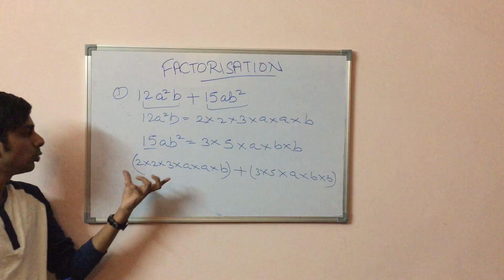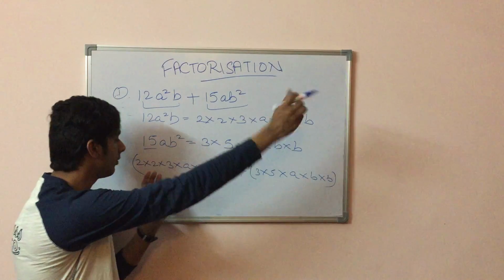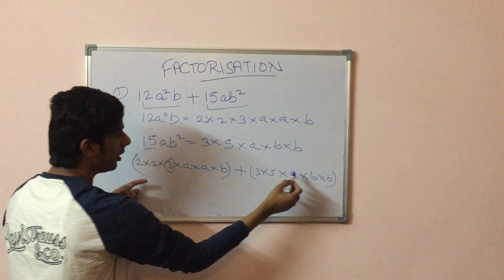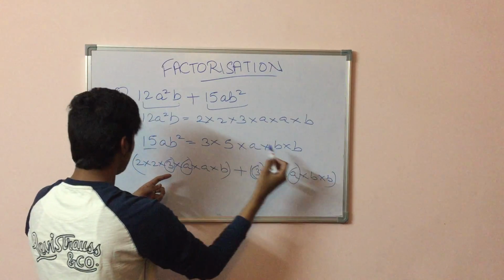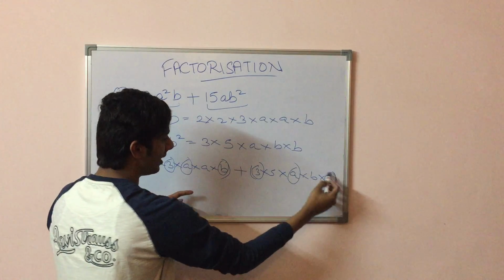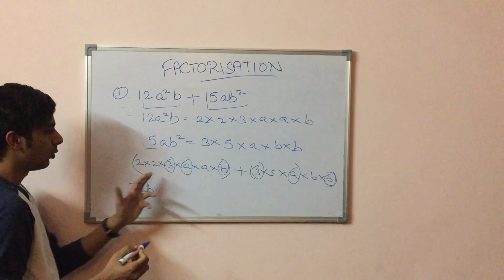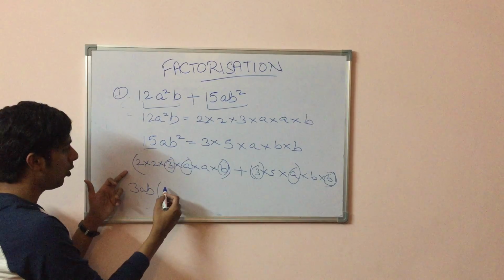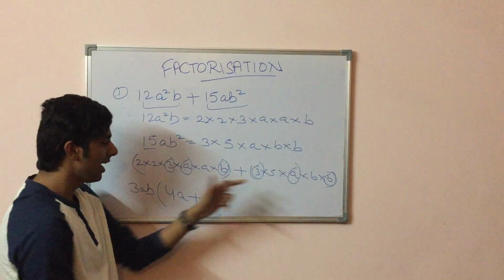Now our next step is to take out the common factors which are there in both the brackets, right? So let's see: yes, 3 is common in both the cases, and a is common in both the cases, and b is common in both the cases because it is coming in both the brackets. So take out 3ab. What is left behind? 2 into 2, 4, and a, so 4a, plus 5b,